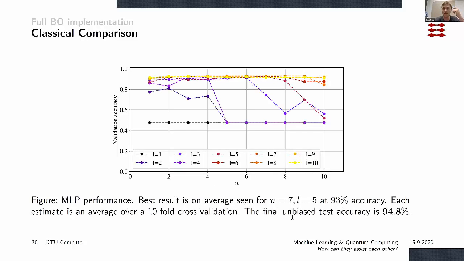If we use a classical neural network, which also has a number of layers, we can see that if we take the best classical neural network and train that on totally unseen data, then we obtain a slightly smaller test accuracy, but we cannot say if this is statistically different from the other ones. So the remarks come as follows: